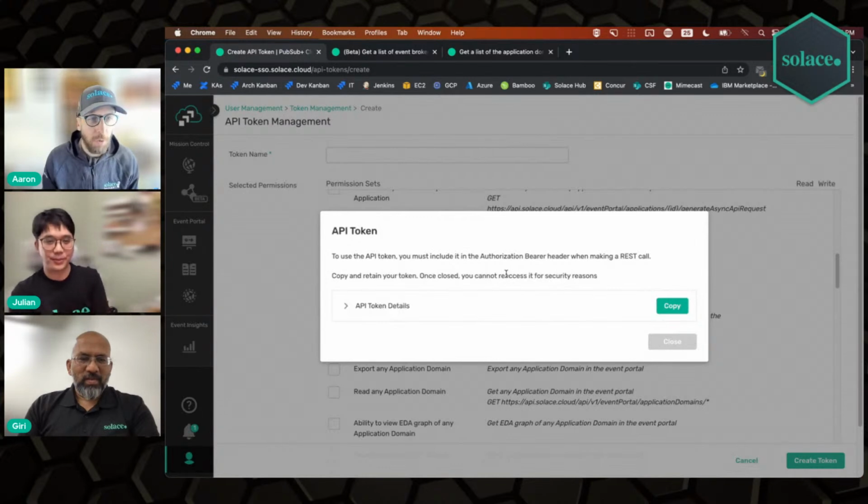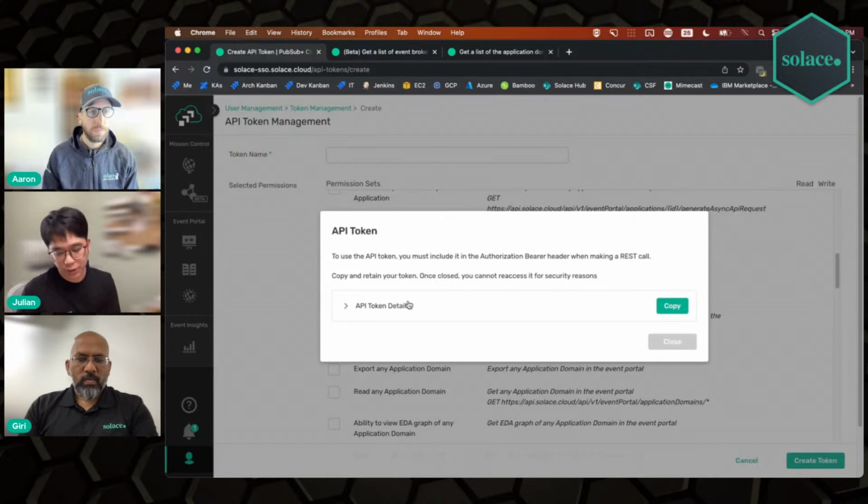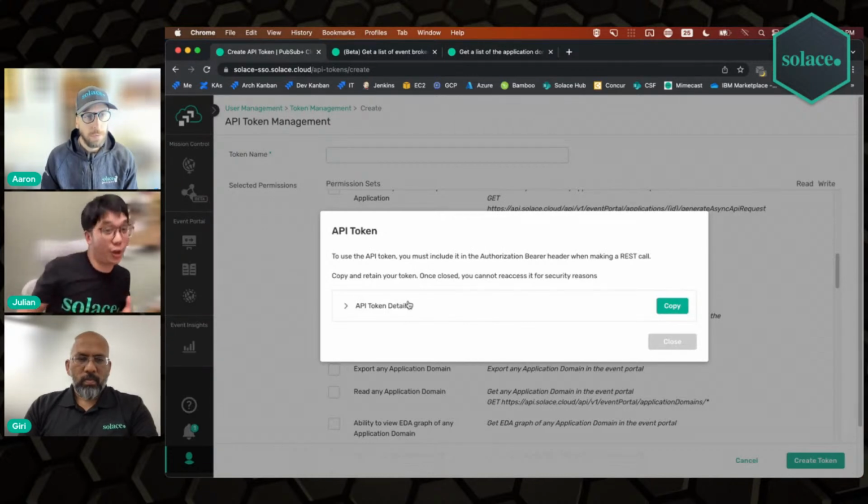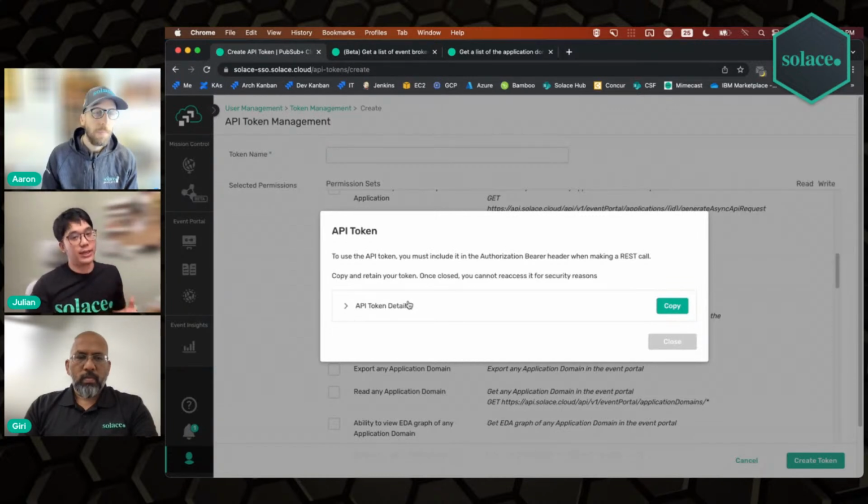I will say this is actually quite fine-grained detail in terms of what parts of the portal, or what parts of the mission control interfaces, and rights and permissions that a user might have. So we took that approach. We are looking to improve it from a usability standpoint, where for example, if you have certain permissions, transitively you should get other ones. So we're working on things like that. But we always took the approach of as fine-grained as we could,